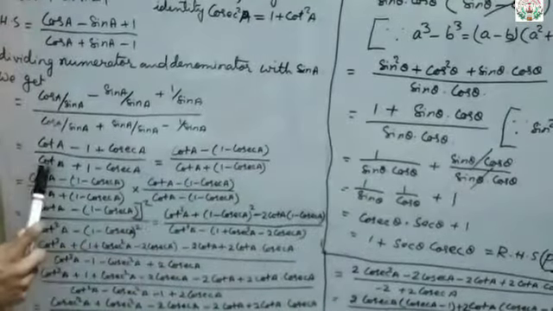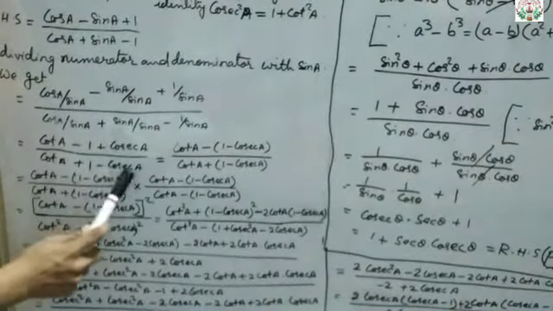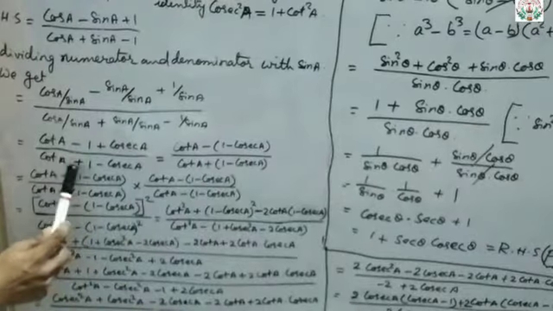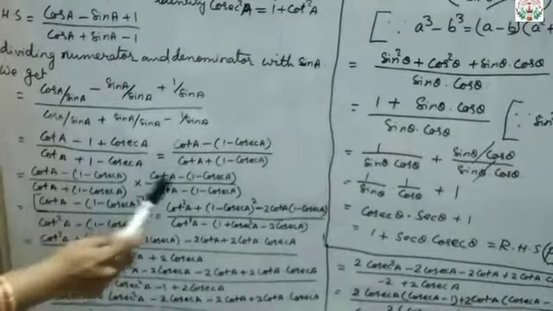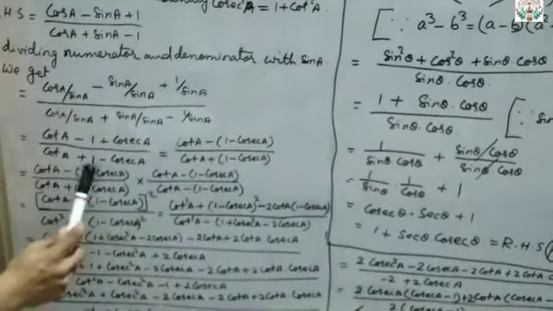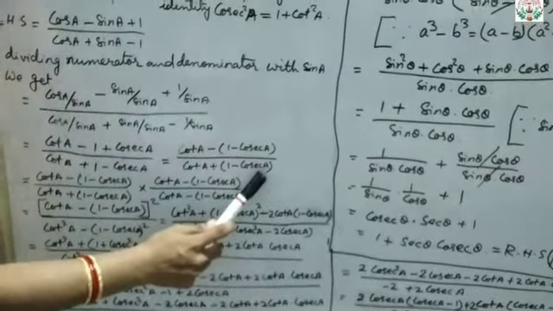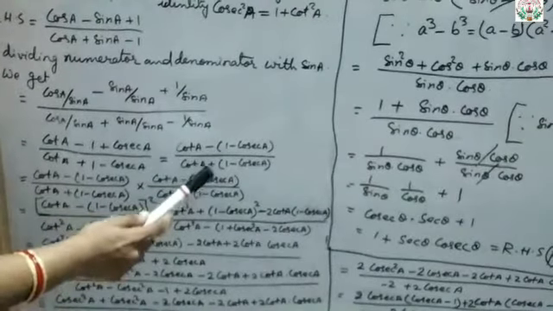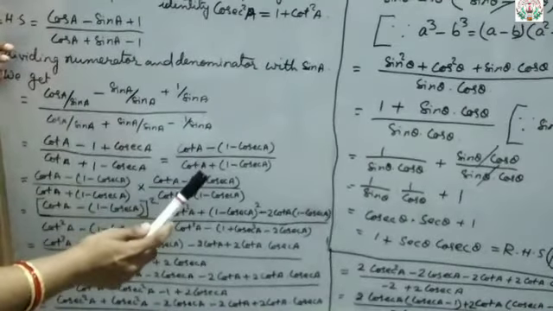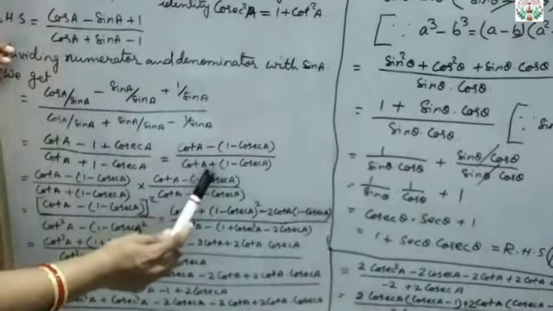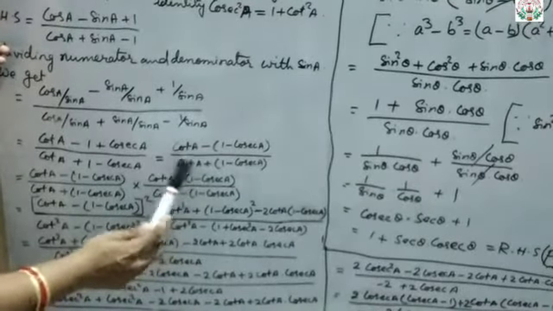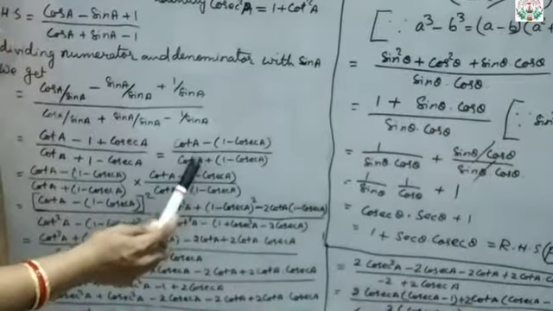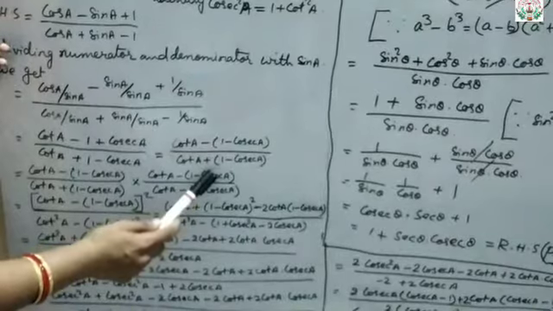Same way denominator, again cot A keep outside, and these two terms will keep in bracket. That is plus 1, because the sign here in between is this plus sign. So we will write here plus, within bracket you can write 1 minus cosec A. Clear up to this? Now here, as we were doing in class 9, the rationalization means we have to multiply the opposite sign of the denominator. Terms will be same. Only this middle sign will be changed in the numerator and denominator.